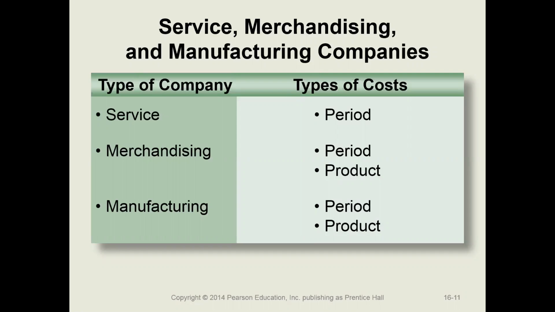Merchandising and manufacturing companies keep track of a lot of their costs by product. So how much are the costs that go into a product? Since both merchandising and manufacturing companies are involved with physical products, for a merchandising company, for example, how much does it cost us to buy the products? So that's a product cost. We're keeping track of the cost by products. Manufacturing companies keep track of how much manufacturing processes costs go into the product.